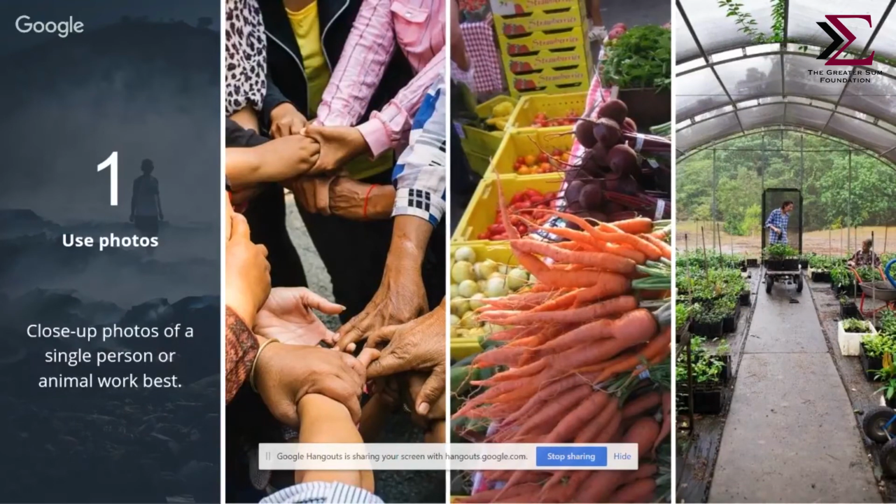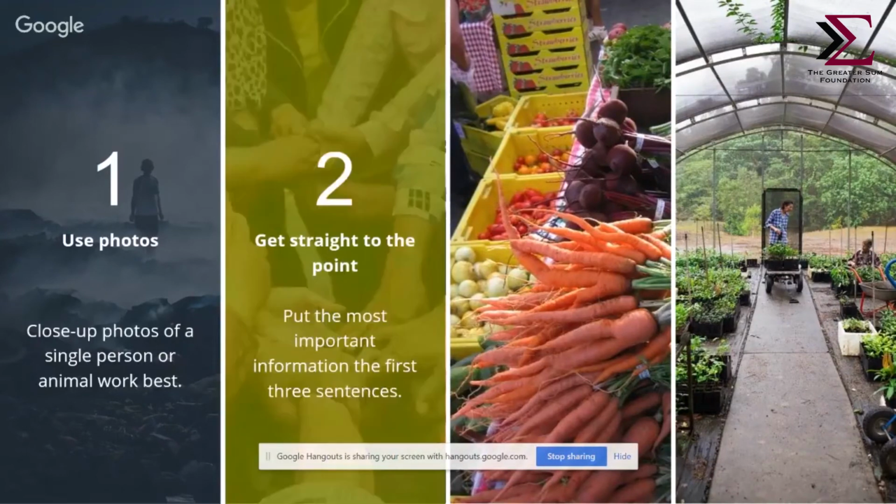On Facebook and online on social media sites, obviously video is often prioritized, but you also want to make those very quick, again, because of attention span. And to that point, you want to get straight to the point. So put the most important information in the first 3 sentences, and best to only have 3 sentences, honestly, in